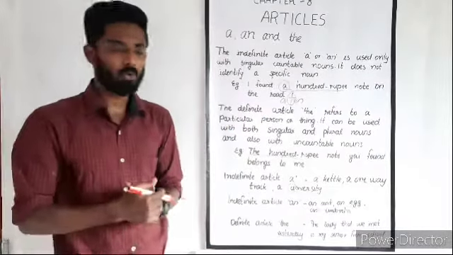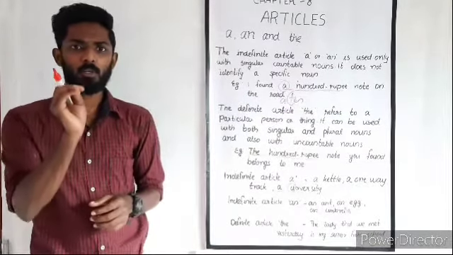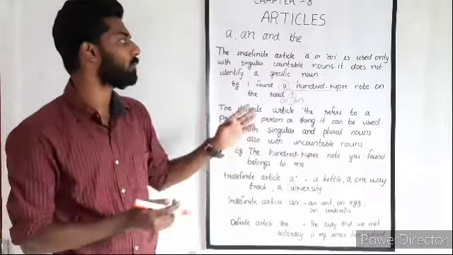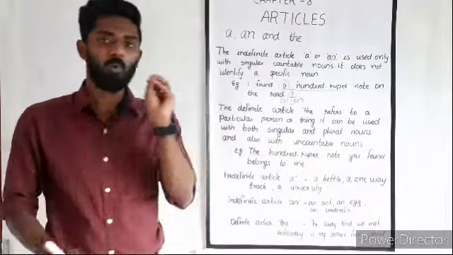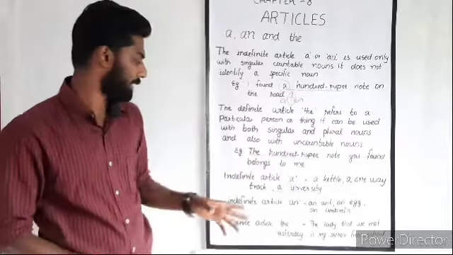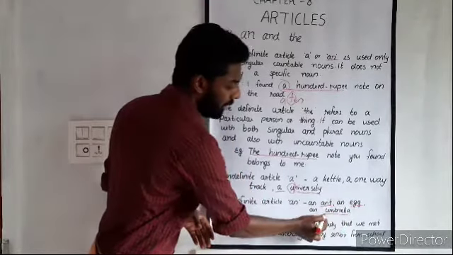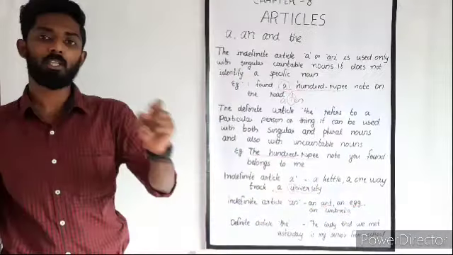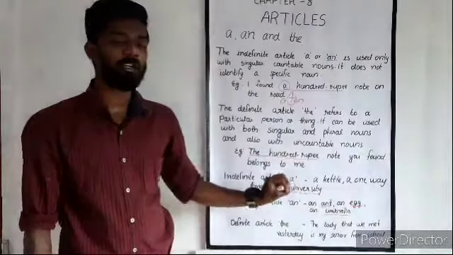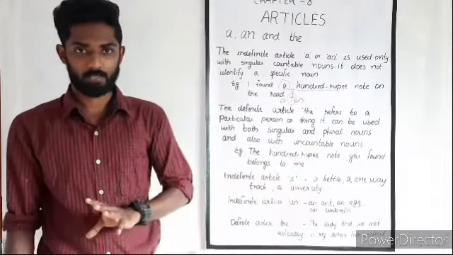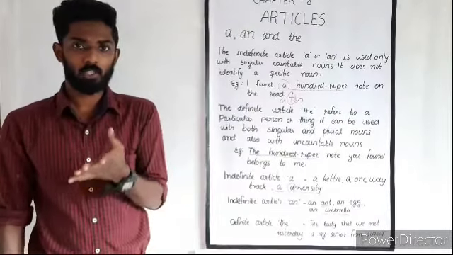And we move on to see the indefinite article an. Here, before a singular noun beginning with a vowel sound, we will use the word an. The word an will be used before words beginning with a vowel sound. As I said, for example, an egg, an umbrella. All these words begin with a vowel sound, and so we will use the indefinite article an before them. And also before an abbreviation beginning with a vowel, or a consonant with a vowel sound.